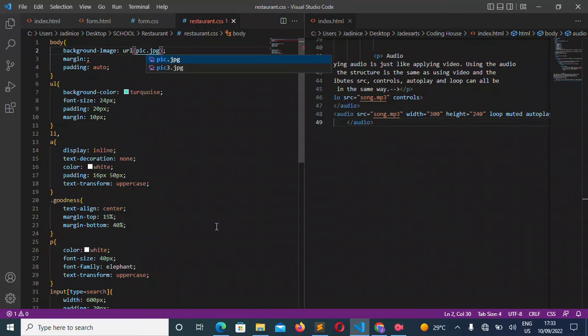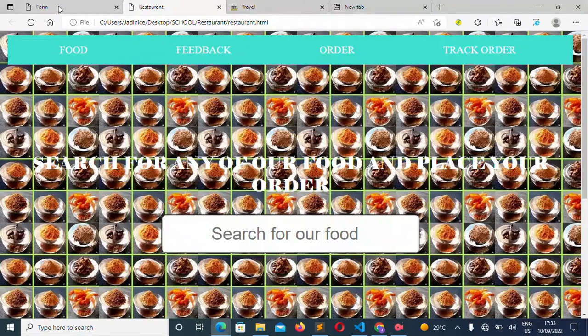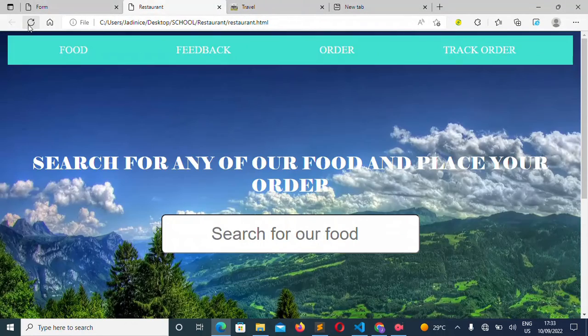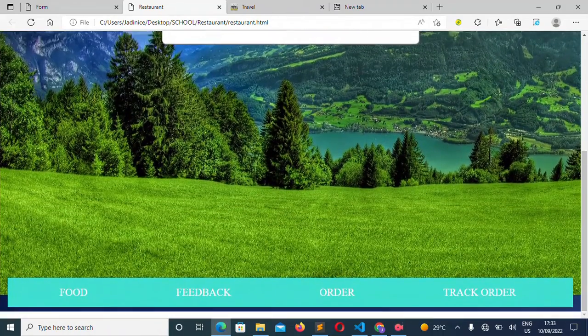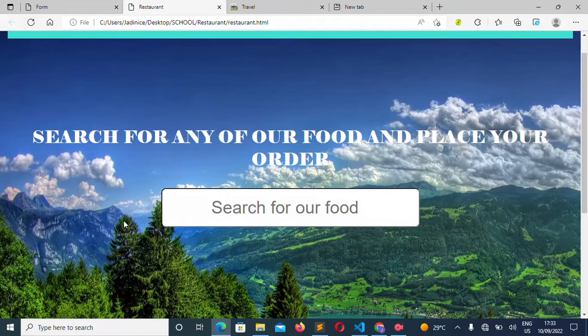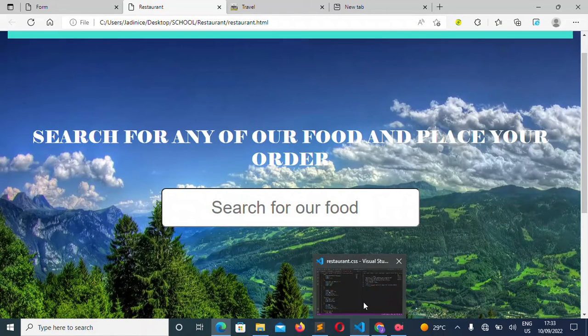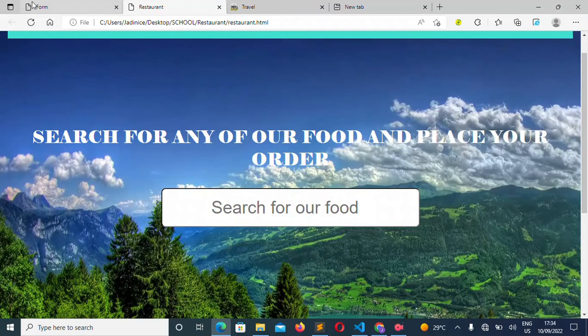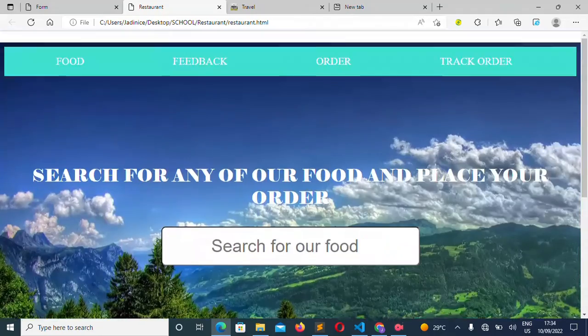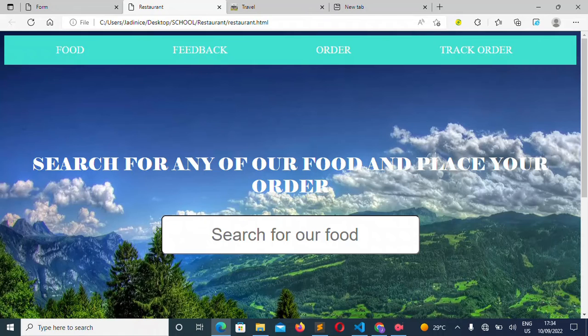Pixel, save, and then let's refresh it. There. Oh, it even brought this to life. It brought it to life. And imagine. Save. There. Search for any of our food and place your order.